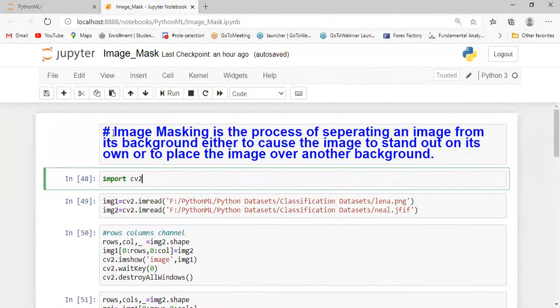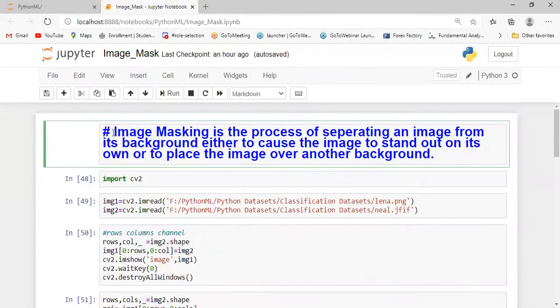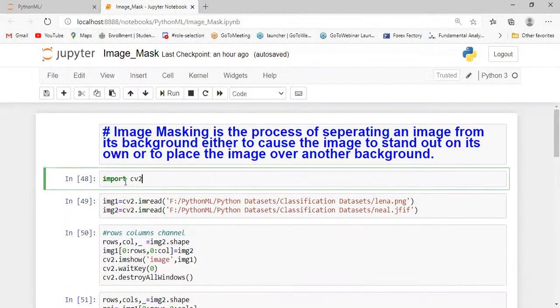In this notebook, we implement image masking, the process of separating an image from its background, either to cause the image to stand out on its own or to place the image over another background.